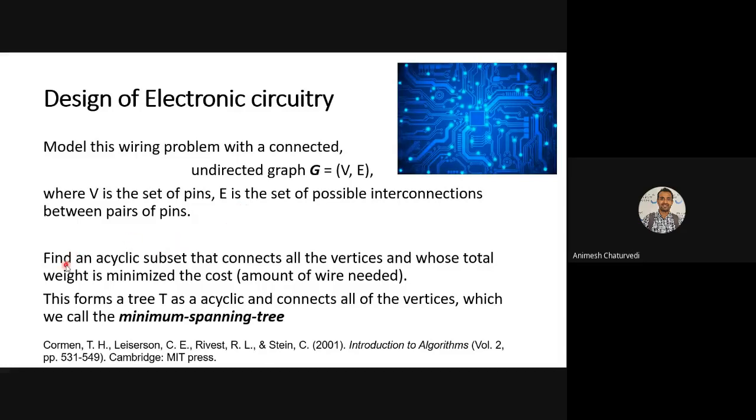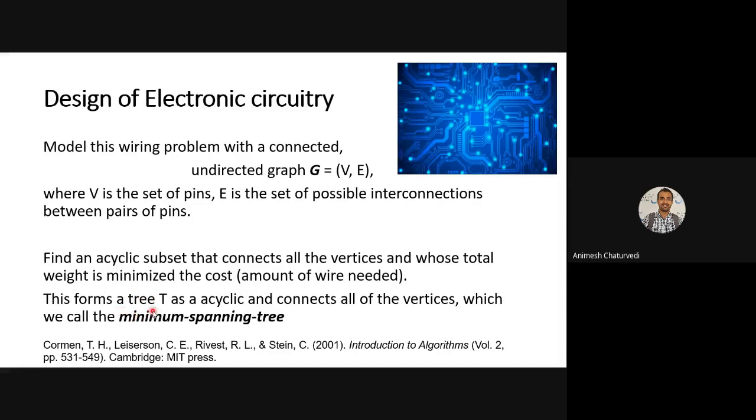Then you intend to find an acyclic subset of that large graph that connects all the vertices and has the minimum total cost, minimum weight. This optimizes the amount of wire needed to create that electronic circuit.